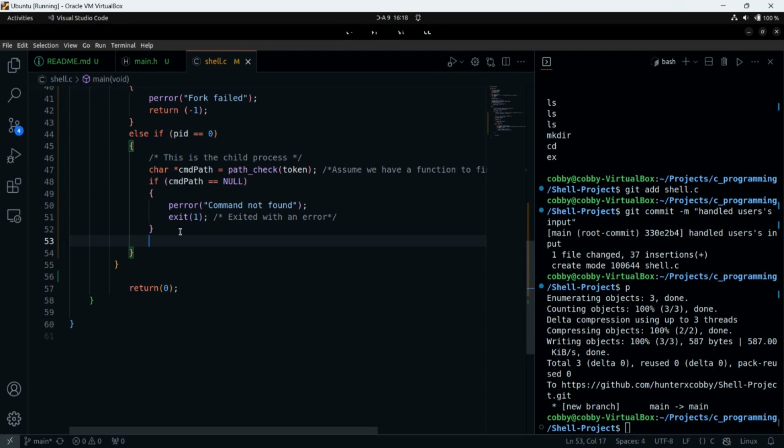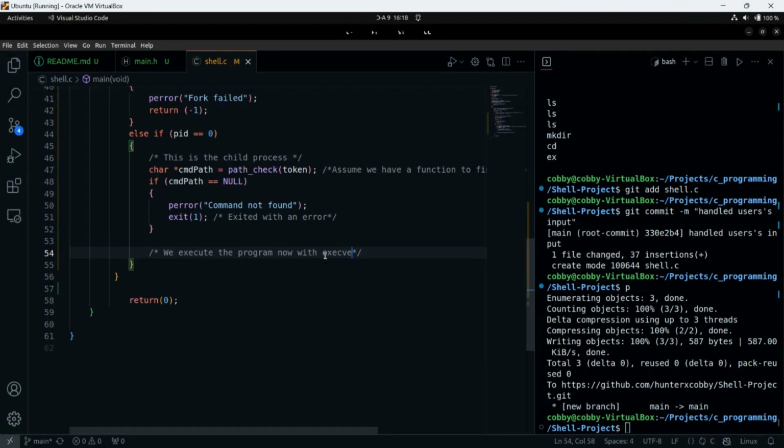After checking for this, we assume you have a function. So if this is a child process, after finding the program, what do we want to do with it?